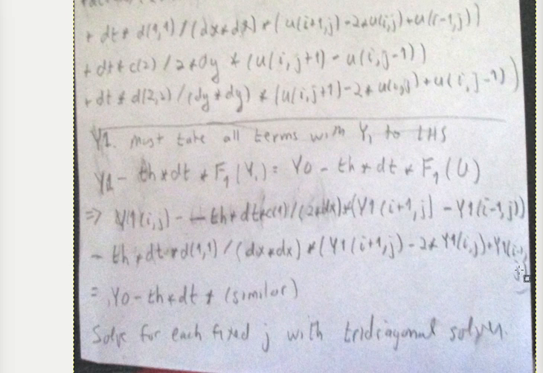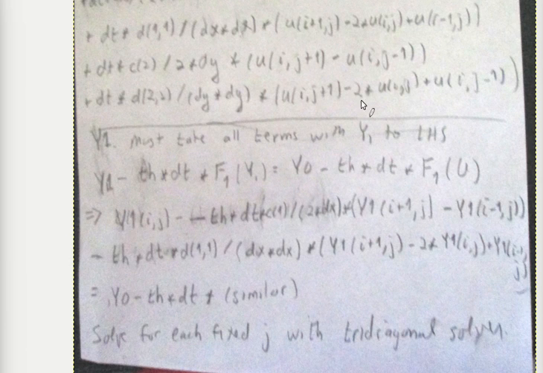Now you're going to have to group together the terms that have y1 I plus 1 of j. There are two terms here that both have that quantity. And you're going to have to group together the terms that have y1 of ij. There's one here, and then there's one here. And you'll have to group together also the terms that involve y1 of I minus 1j. That's one here and one here. So you're going to get something like,